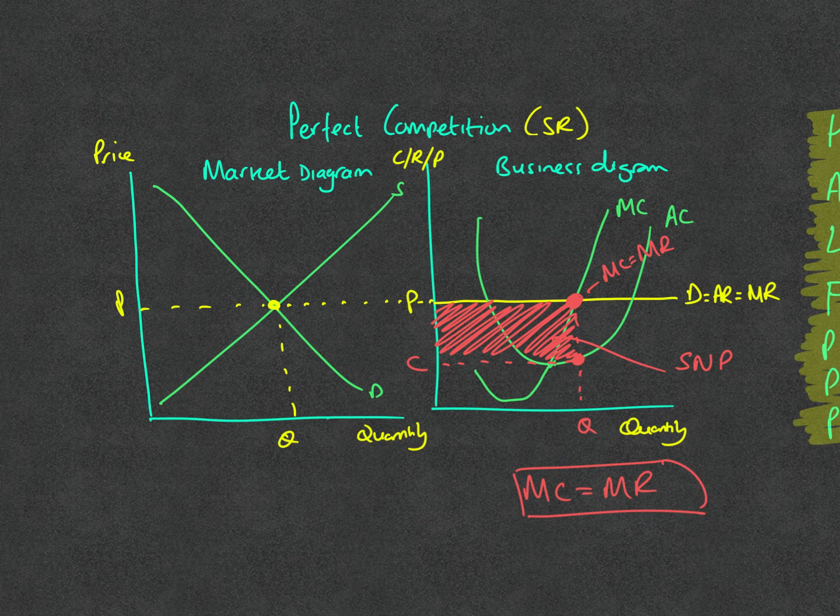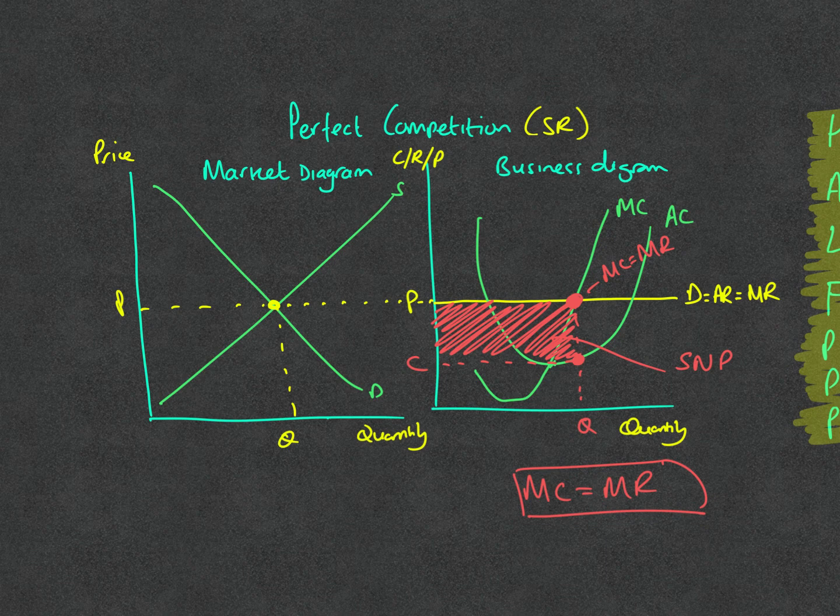You don't have to shade it in. You can do corners, label the corners as well. It's entirely up to you. So that's a short run diagram for perfect competition, and it shows that in the short run, with the first mover advantage, with a few firms in the market exploiting the prices that they have, they're able to make some